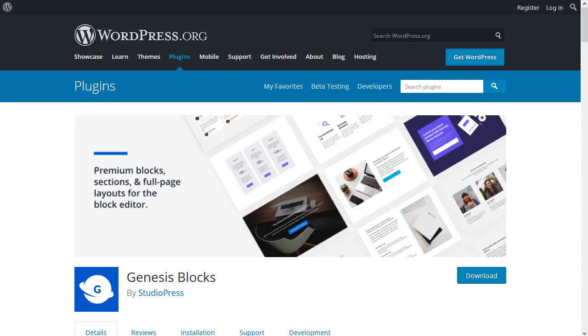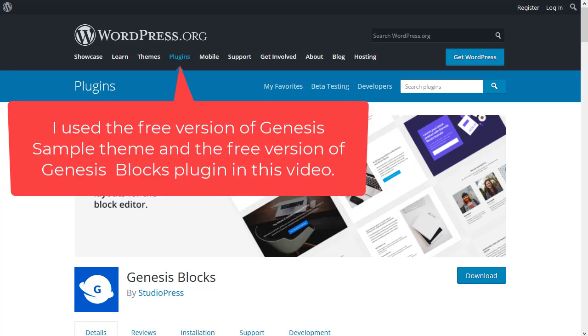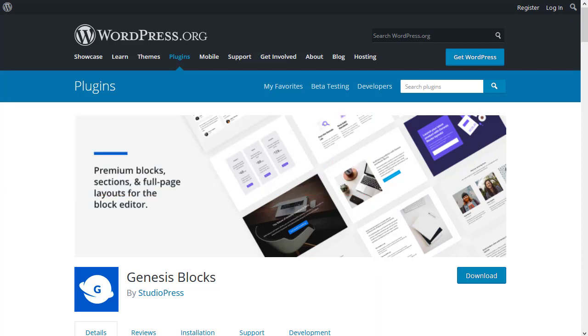Now, if you combine what I've shown you in this video and the previous video I showed you with Genesis blocks, so there's the Genesis sample theme and Genesis blocks. If you learn how to use the Genesis blocks plugin, you can make really good looking page layouts in literally minutes. It is good. It's simple, but it's more than powerful enough for what most small business owners need. So learn how to use the Genesis sample theme, the Genesis blocks plugin, and you can build your own good looking